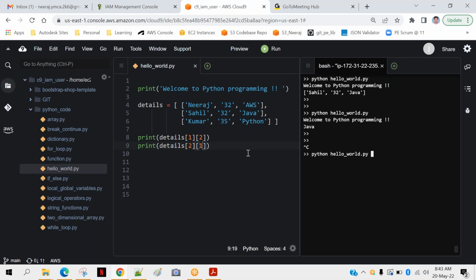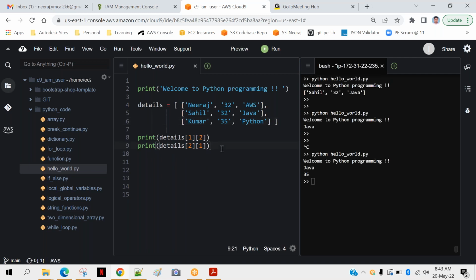Okay, so what I'm trying to do is access 2, meaning the third row, this one, and first index, meaning the second column, this one, 35. So this should display 35. Let's check it out. See that.